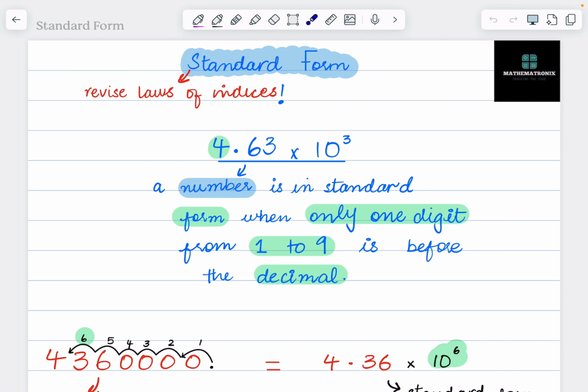Look, standard form is very simple. Standard form is basically when you have, let's say, a very big number. Let's say you have to write a check, and the check is of 430,000. Okay, this is very easy. What if I mistakenly write one zero less in this number on my check? That's going from 430,000 to 43,000. That's a huge mishap. What if you're writing a recipe for a big restaurant?